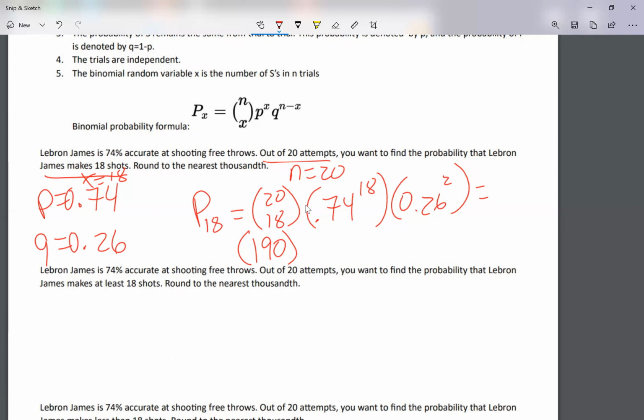Now, 0.74 to the 18th power, using my calculator, gives me 0.004428, and there's some more, but I'm going to leave it at that. 0.26 to the second power is 0.0676. When I multiply all of this out, it gives me